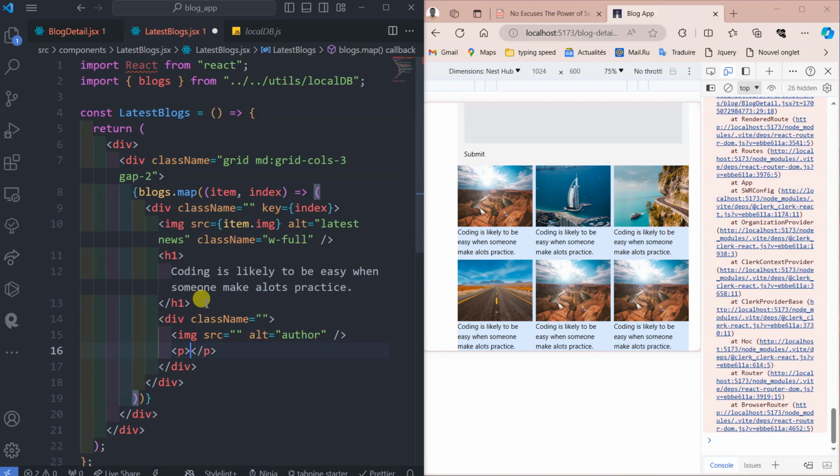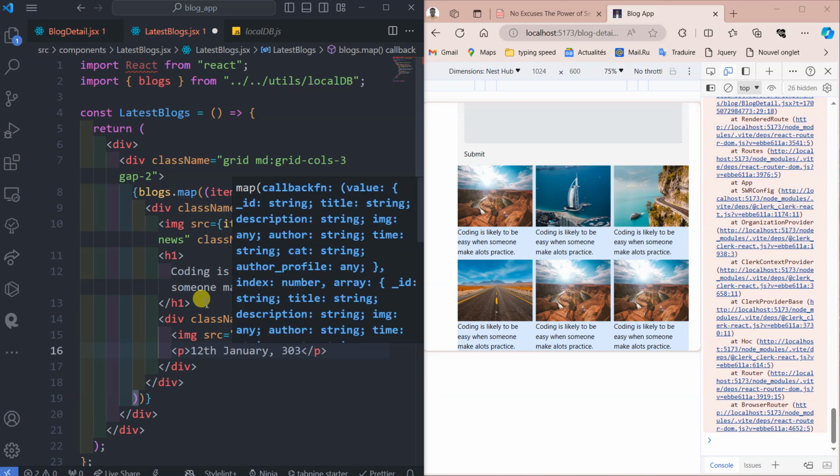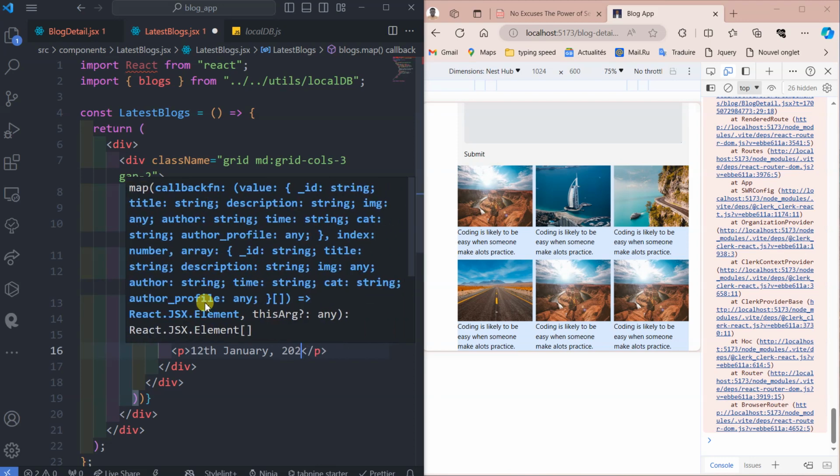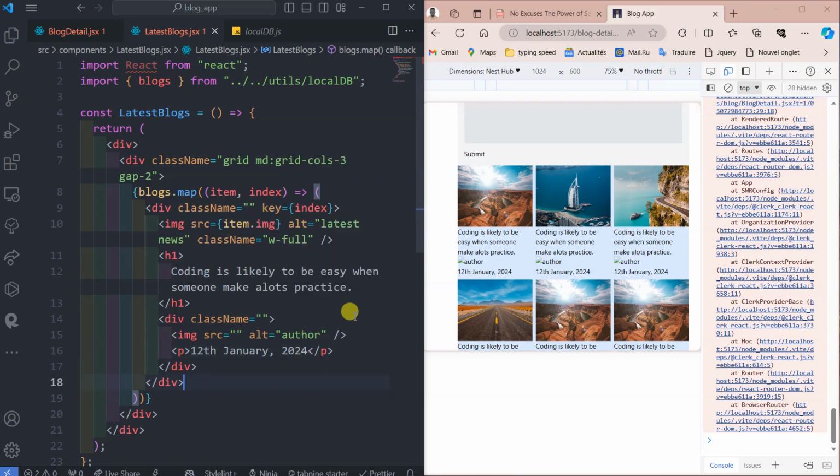Then after this one I want to pass the time. Okay, let me say today is, let's just pick a random date. Let's say this one was published on 12th January, 2024. We will fetch the real data just, and then after that one maybe you can pass the